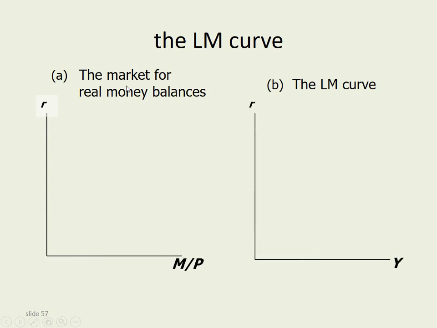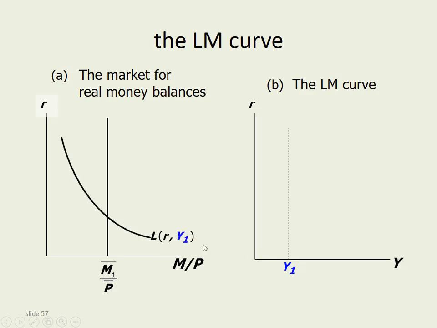So here's that market for real money balances we had before. The government sets the supply, or the central bankers set the supply. Let's suppose that here's the initial situation. That's money that's demanded. So here's where we're trying to get to, working out what's going on in this space, or this relationship between